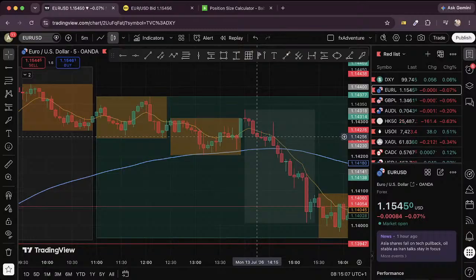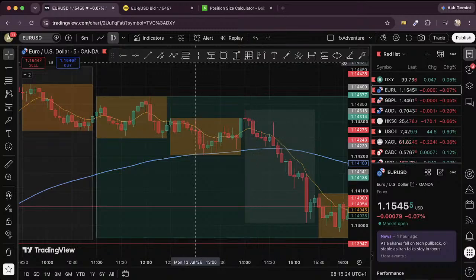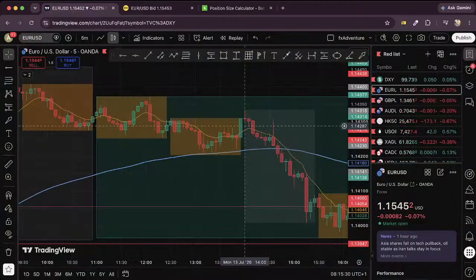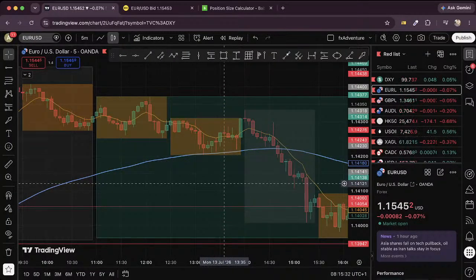Here is now, once you enter, the next thing will be, because I did not teach you when to move stop loss to break even. So the condition that will make you move your stop loss to break even is when the candle going in the direction you want to go reaches the 100 EMA line. If it touches the 100 EMA line, which is this blue line,